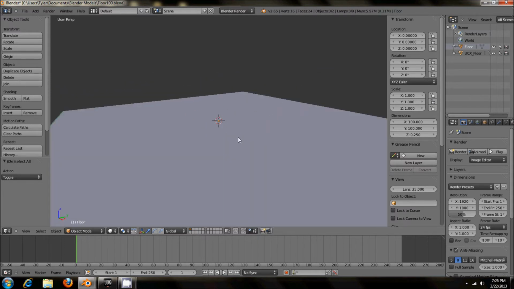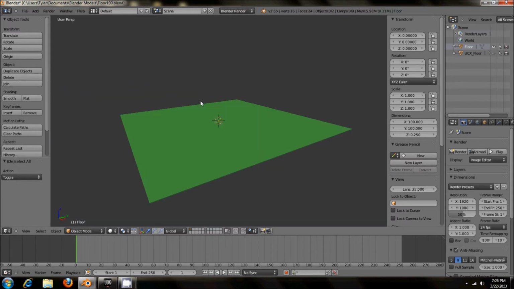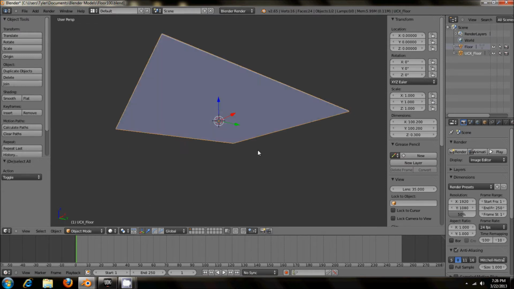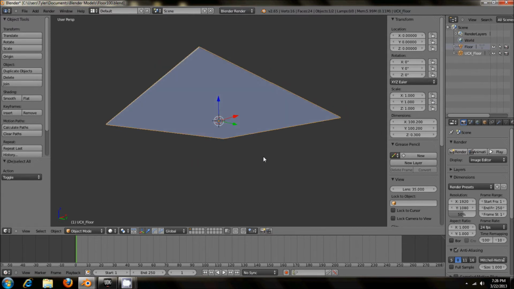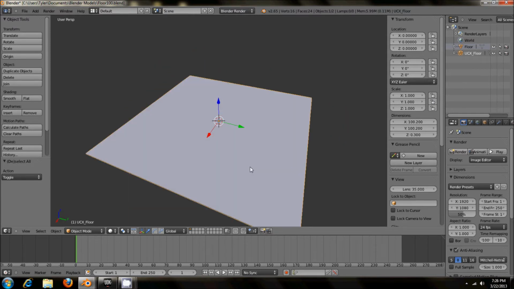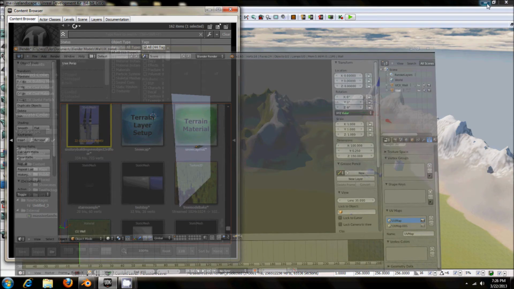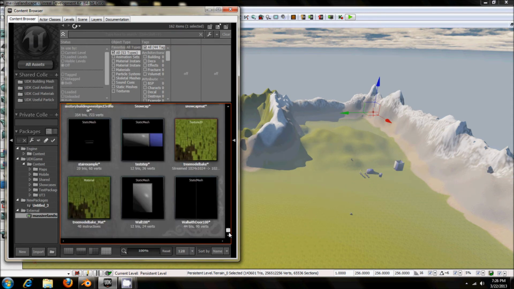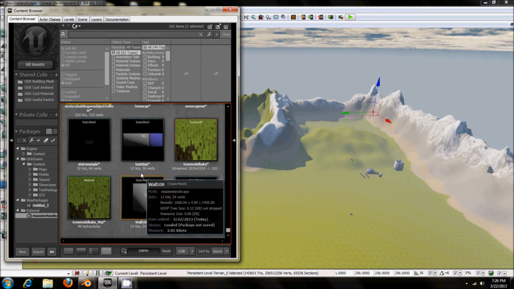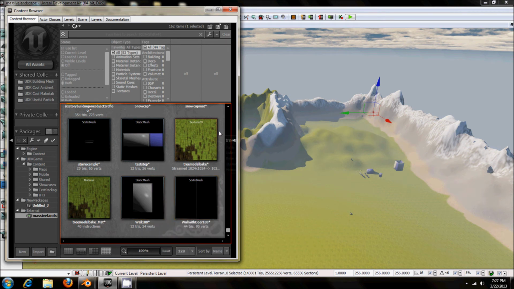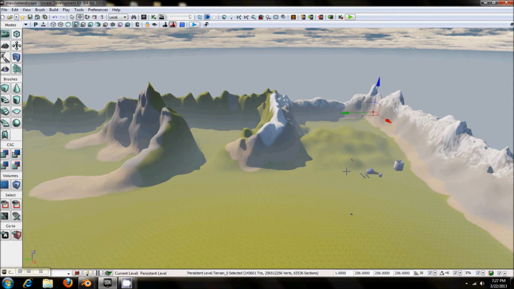So what I did was I made an object, like the floor, and I colored it green just so I had some reference to what I was looking at. And then I made a UCX floor, which is the collision, which is right here. I made the actual floor green, so when I made the collision I could make sure that it totally encompassed the floor. You can see it does because I left it gray. After all of that, I imported it all into the UDK individually, right here and here, and then the floor is up above a little bit. But the point is,